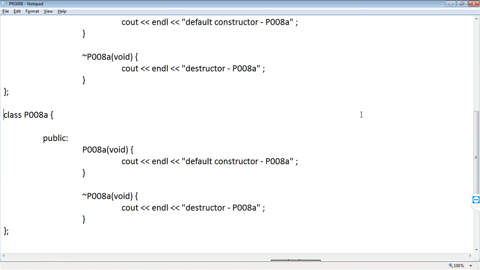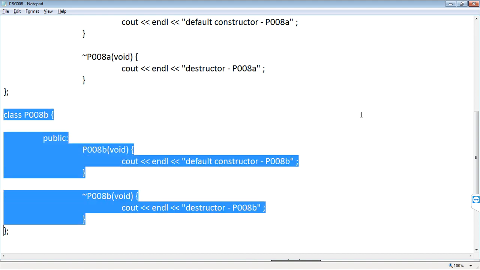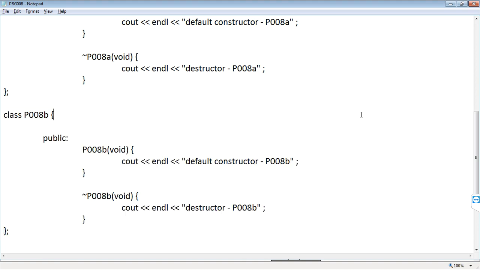Now I want to develop the derived class. The derived class name is, you know, P008B. Here also I change it to B, and the derived class program coding is also over. Now this is not a derived class, this is a non-inheritance class. How do I tell? Here we have not made a relationship. So here I want to make a relationship: public P008A. Now P008A is the base class and P008B is the derived class.